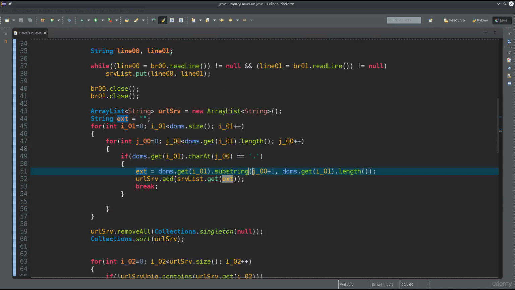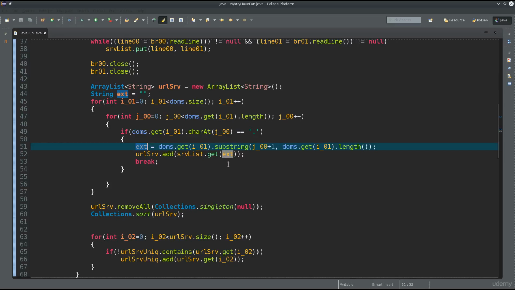Substring is basically, go ahead, go to this position, begin from this position, so j_00 plus 1, and fetch us the variable and go all the way to the end. So go from the dot, so skip the dot, so hence the +1, and go all the way to the end, no matter what else is there, and add that to the ext, and we shall use that as our extension. So we are creating a list, we're creating a separate placeholder for the extensions, which is basically the .com,